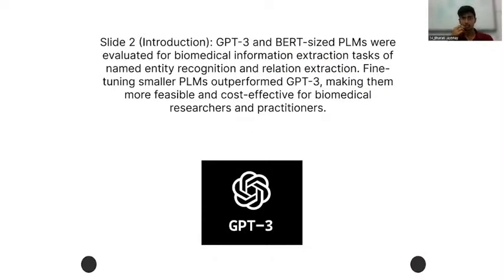Introduction. GPT-3 is compared with BERT-sized PLMs, evaluating biomedical information extraction tasks of named entity recognition and relation extraction. Fine-tuning smaller PLMs outperforms GPT-3, making them more feasible and cost efficient for biomedical research and